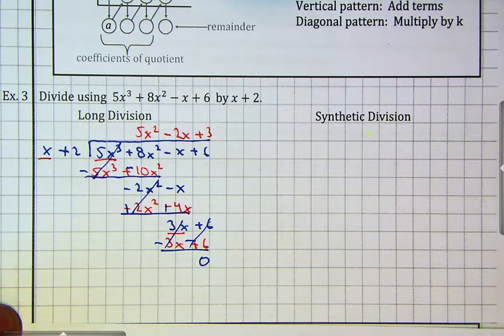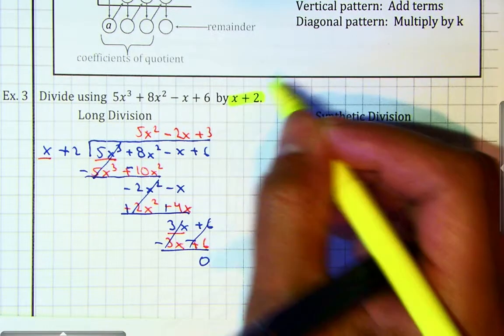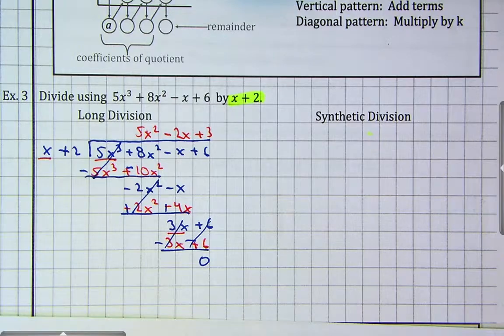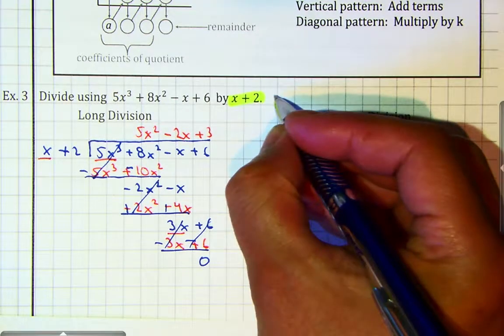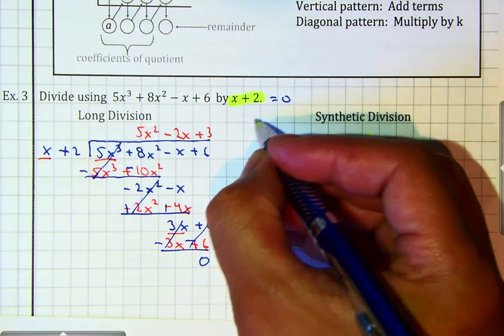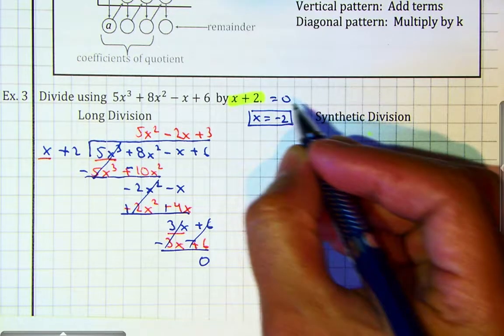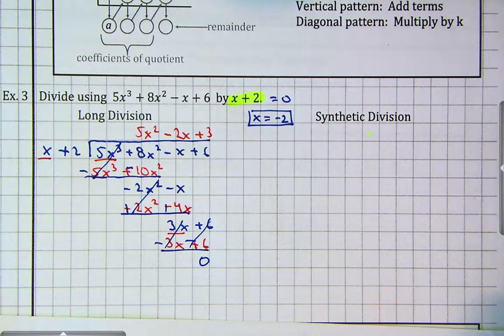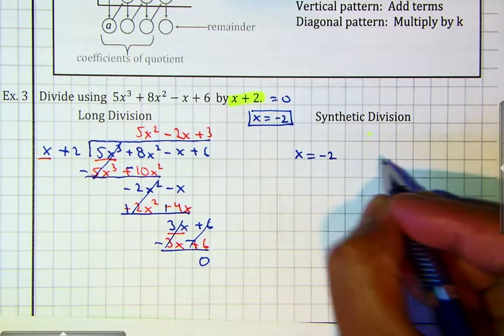Now, let's use synthetic division. In this case, we have x plus 2. So therefore, the x has a coefficient of 1. That means that we can use synthetic division. So what I'm going to do, I'm going to set x plus 2 equal to 0. And now I'm going to solve. So therefore, x equals negative 2. And that's what I will be using. Correct? So therefore, x equals negative 2. I'll place my